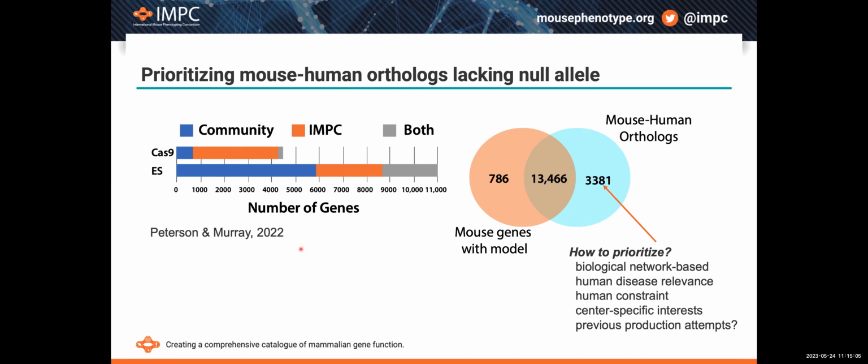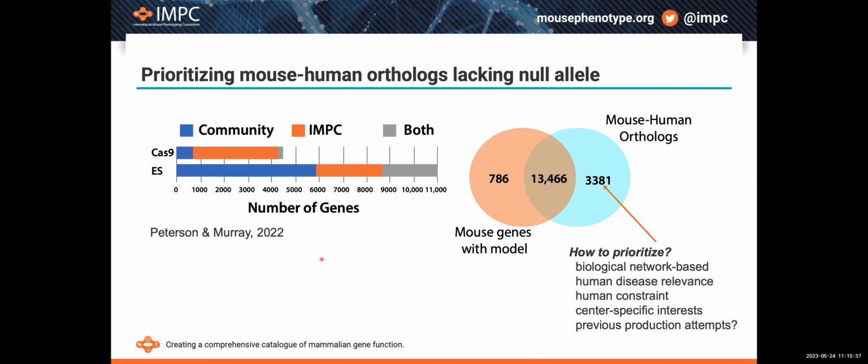And when we think about what is maybe the most human health relevant fraction of the mouse genome, it's those that share a human ortholog. So that brings the number down to about 17,000 protein coding genes. And collectively now we're almost up to 14,000 genes that have been knocked out, leaving a little over 3,000 genes left over. And this is really where we're trying to put our emphasis, thinking about ways, how do we prioritize